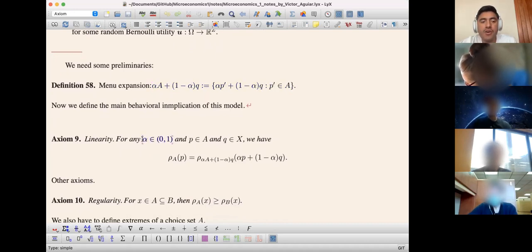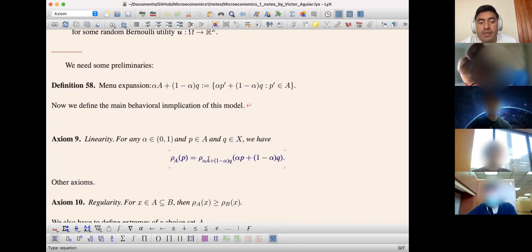And this is telling me that for any alpha, and any P lottery and any Q lottery, we can take essentially this menu expansion, such that I create this expansion of the menu A with the lottery Q, and then the probability of choosing lottery P inside menu A is going to remain stable as I mix P with Q, right? And then I compare it with the other alternatives in the expanded menu, okay? So you can see that essentially I'm doing the independence axiom,